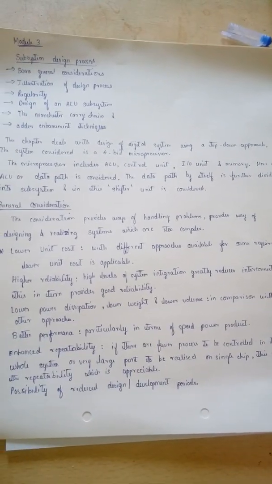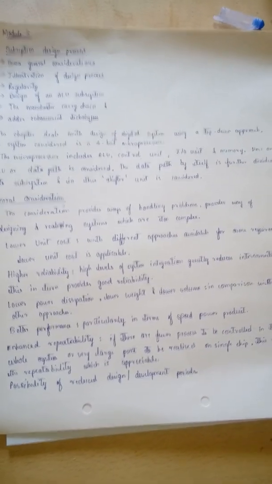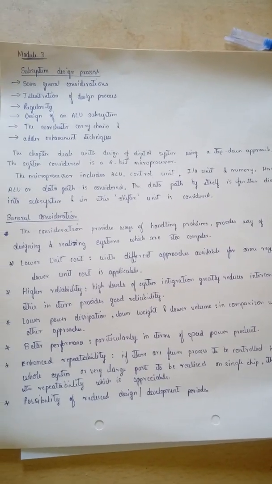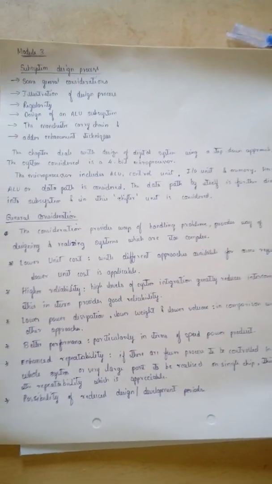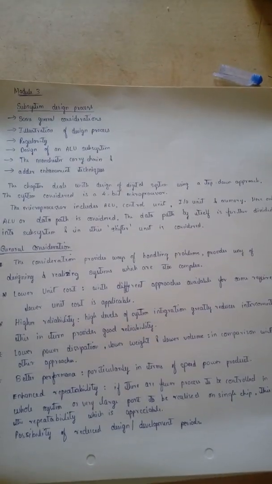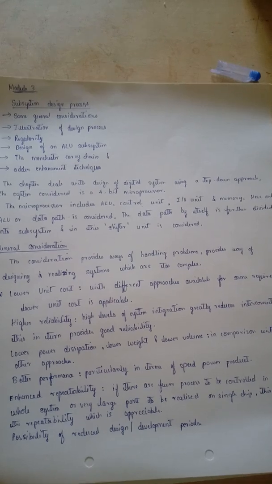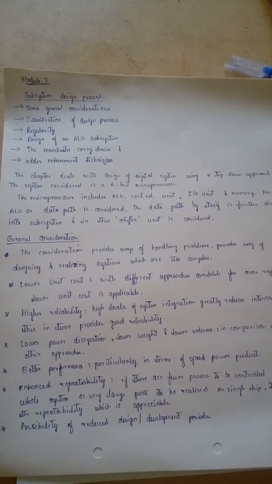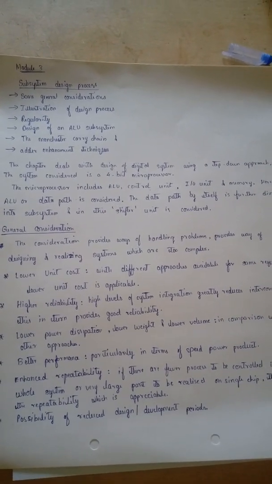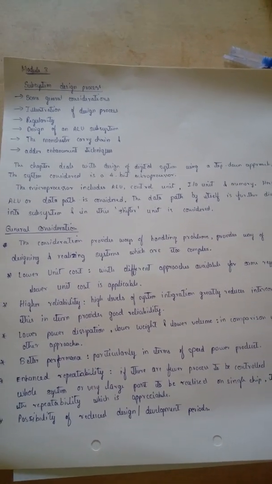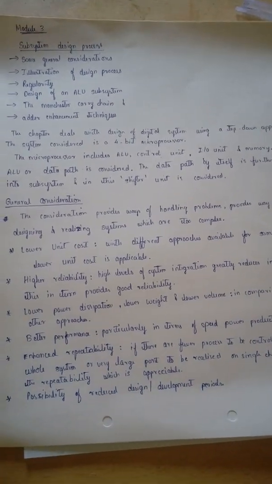In class I had given you the example of power consumption with the help of low power VLSI design: the power that is taken when you click on the flashlight of your battery. That example I gave you, so you think about that. So there should be low power dissipation, low weight and lower volume. Lower weight should also be there. If the weight is more, it cannot be portable, right? So lower weight and lower volume in comparison with other approaches. When compared to different approaches, it should be as low as possible. Next, better performance, particularly in terms of speed-power product. So I mentioned all the things which are needed for the design.